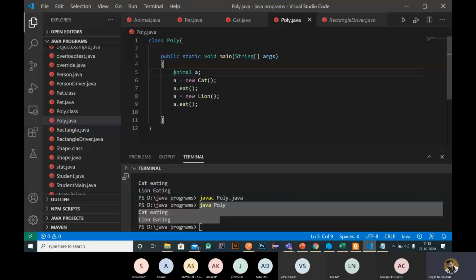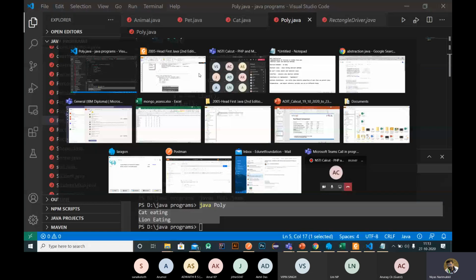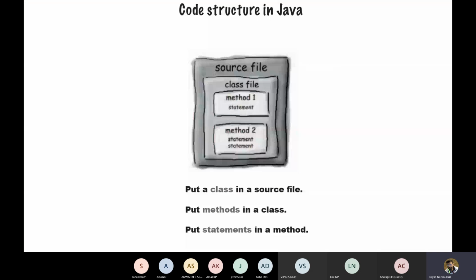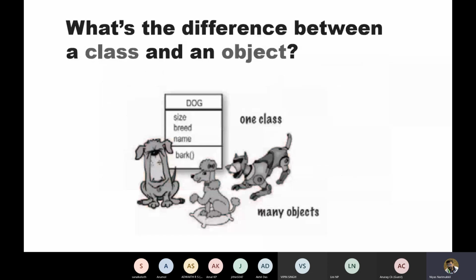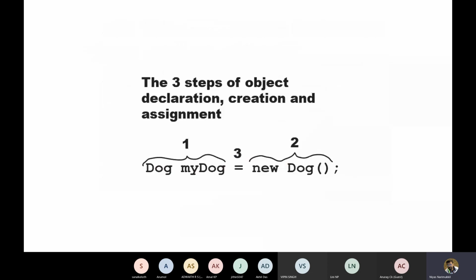Let's open that PPT. These are the three steps for declaring a variable. In this case, we are creating an object of a dog, so the variable is of dog data type.